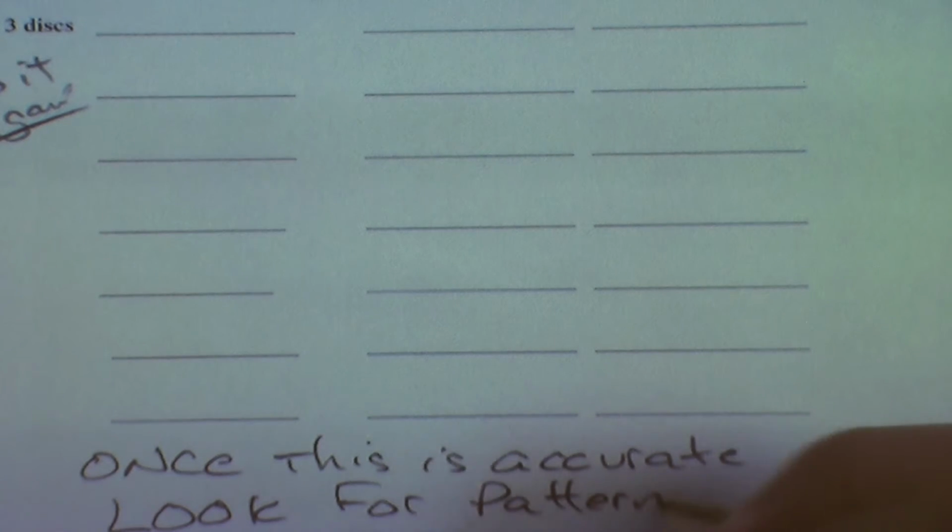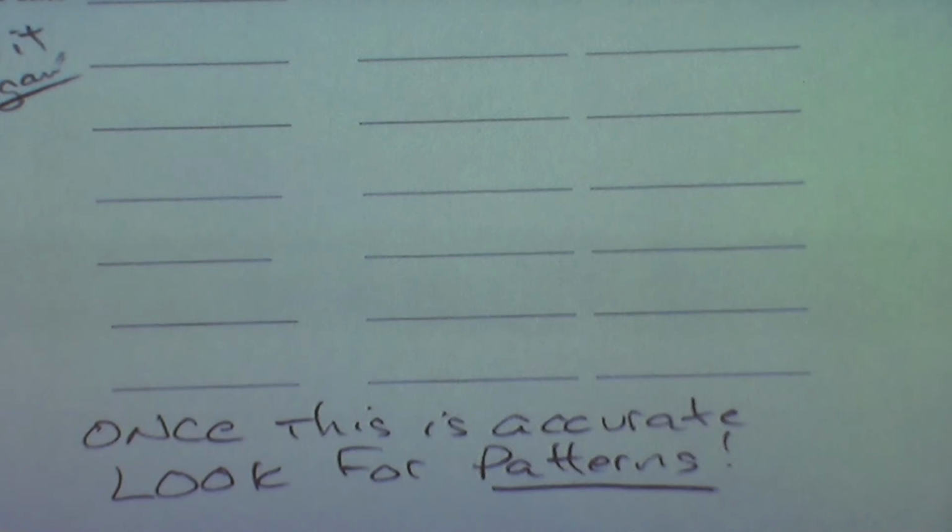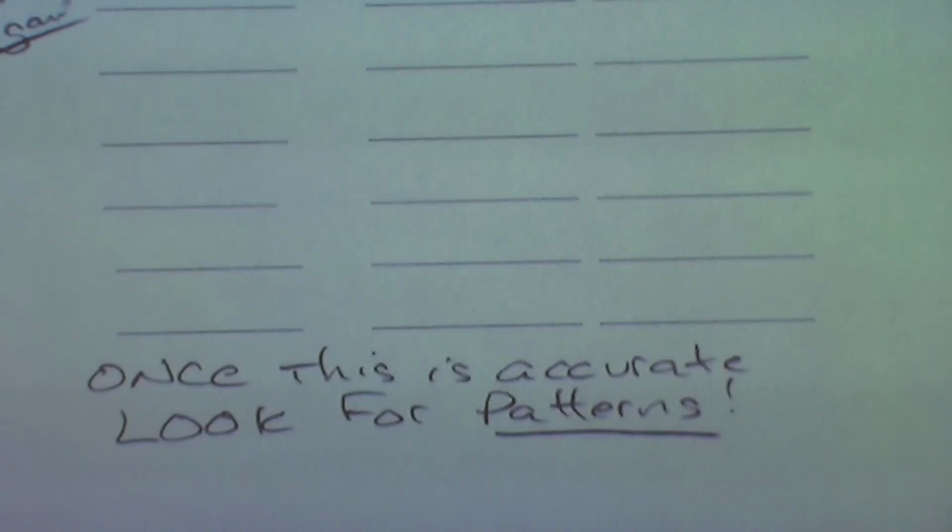So, this is the recorded practice session. And you want to try to get it accurate. Once this is accurate, once you've completed both sides, you need to look for patterns in the numbers. Sometimes I have to help the group out on what that means to look for patterns. So what I'd like you to do, once you know it's accurate,